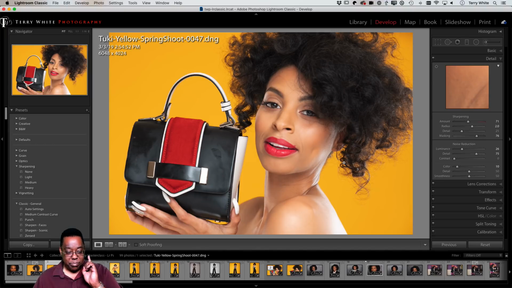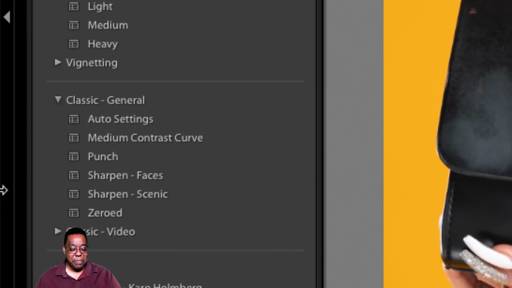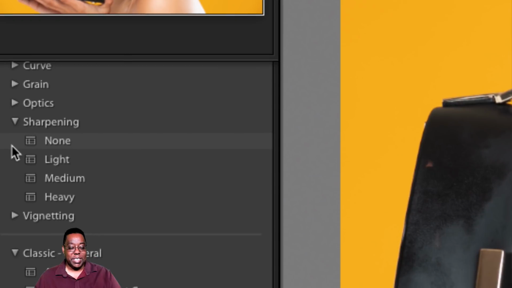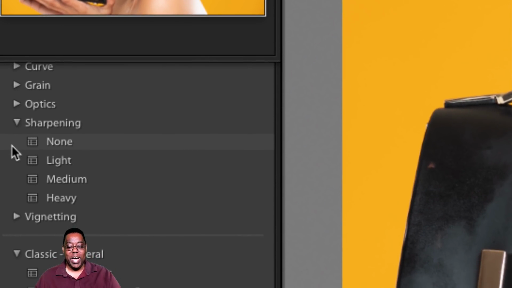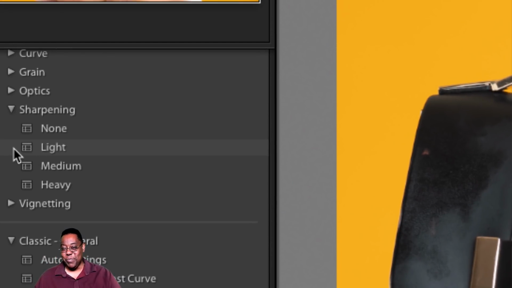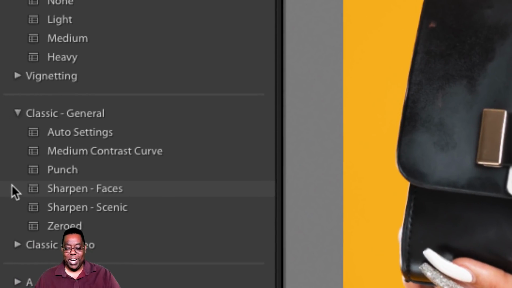There used to be a preset for this. There used to be a preset called Sharpen Faces. Yep, it used to be there. I still have it. So in Lightroom Classic, you still have it too. It's just been buried, turned off, hidden from you, because they replaced them with these new ones. These are the ones you have now: Sharpening None, no sharpening; Light, which is still no sharpening, you can barely see any; Medium and Heavy. But notice none of those are dedicated for people and none of those use the masking feature. So I was like, whoa, whoa, whoa. I like the Sharpen Faces thing.